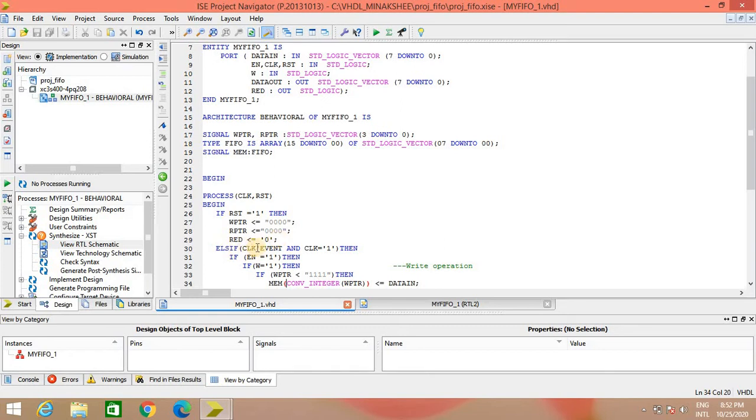Else if at the positive edge of the clock. So when clock tick event and clock is equal to 1 will detect the positive edge of the clock. We are checking whether chip is enabled or not. So if enable is equal to 1, then we are checking which operation we are supposed to perform. So if W is equal to 1, then we will perform the write operation, else we will perform the read